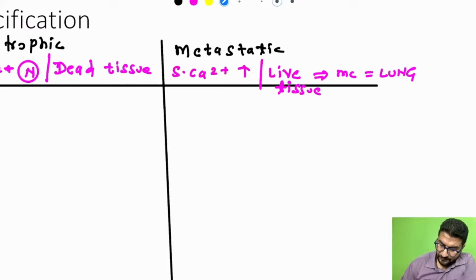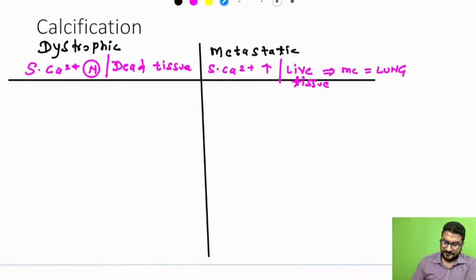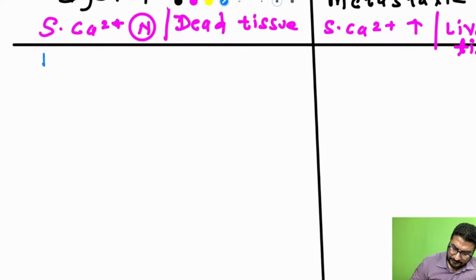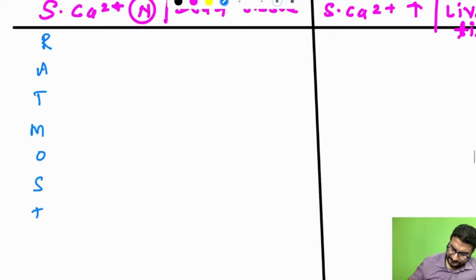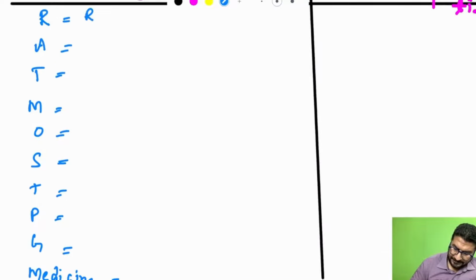अब आपसे क्वेश्चन क्या पूछते हैं, they ask you like where you will see dystrophic calcification, where you will see metastatic. So dystrophic calcification आप याद रख लो, मैंने आपको एक निमोनिक भी बताया था, that is RAT MOST for PG in medicine. So RAT means rheumatic fever, A for atherosclerosis, T for TB of lymph nodes,